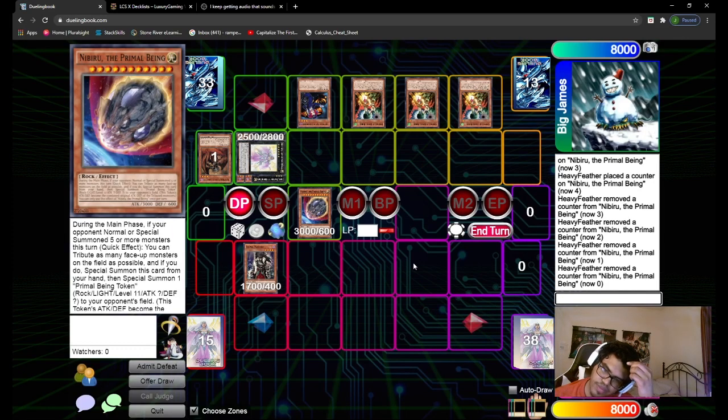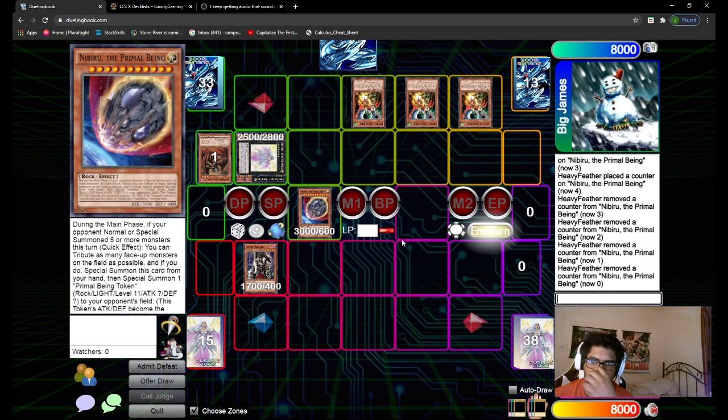Just when you stop them with the hand traps or strikes, or honestly even Mind Drain post side against Virtual World. There's a bunch of cards where you literally just stop them and you have your Beatrice during end phase, which is what we're going to go over. So I'm going to go ahead and add the Tour Guide to hand. So then